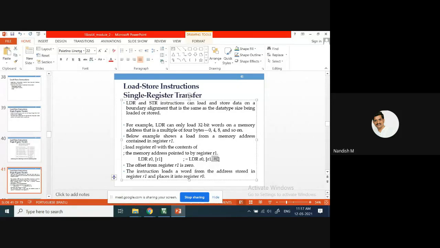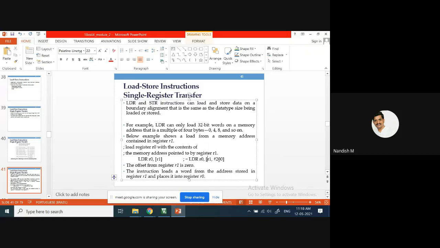In the microprocessor, in the memory, whatever we add to an address, we call it an offset. In this case the offset is 0. If it was 200 and R1 contained 400, then the total address would be 400 plus 200, 600.